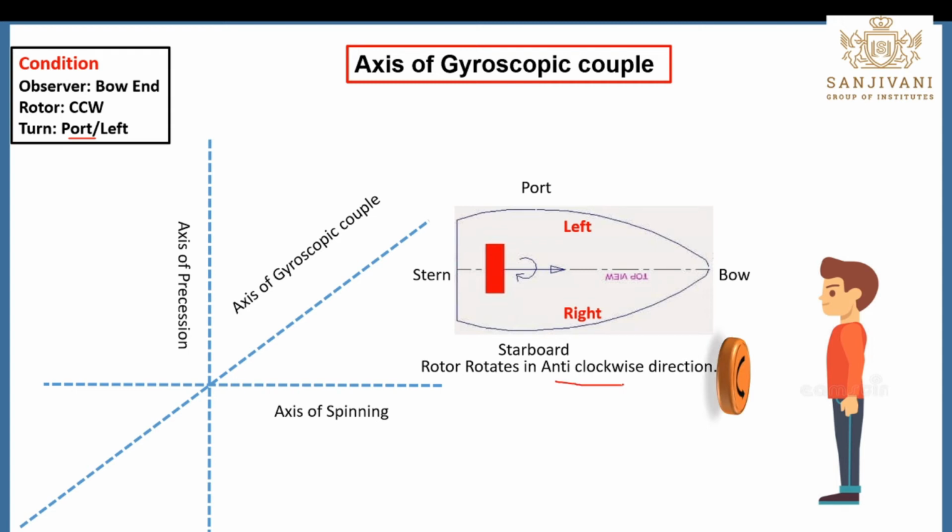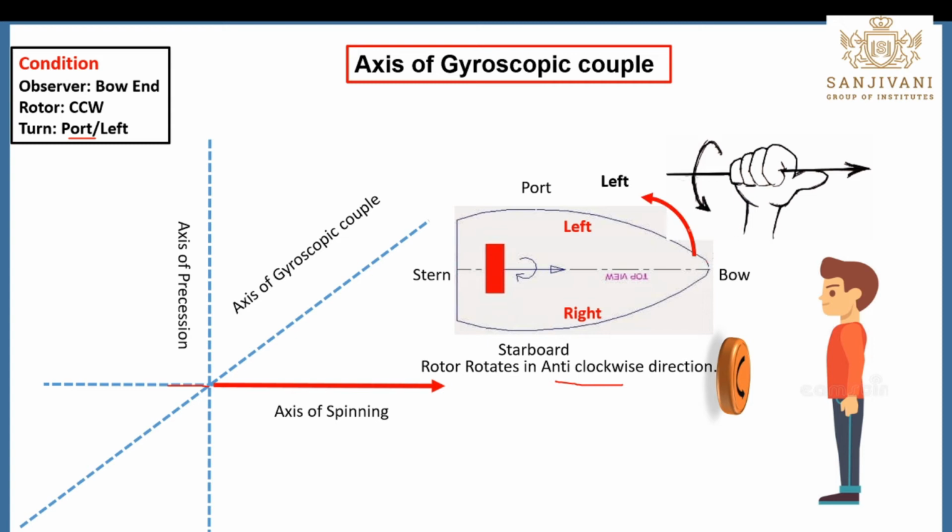Again here you need to rotate your fingers in the counterclockwise direction, and you have to concentrate on the thumb of your right hand. When the thumb is moving towards the right, you need to draw the vector like this. When it is towards the left, you have to draw it in this quadrant. Okay, now the ship is taking the turn towards the left side. This is the left side, and this direction is again the anti-clockwise direction.